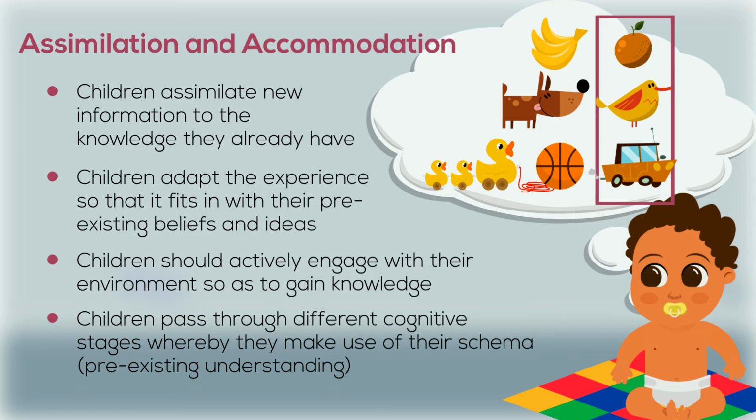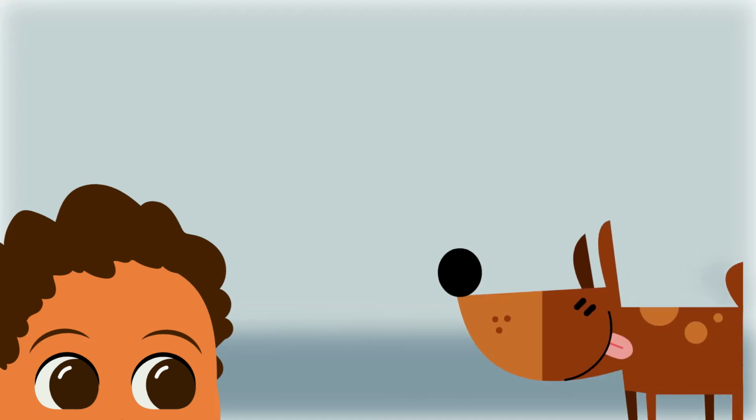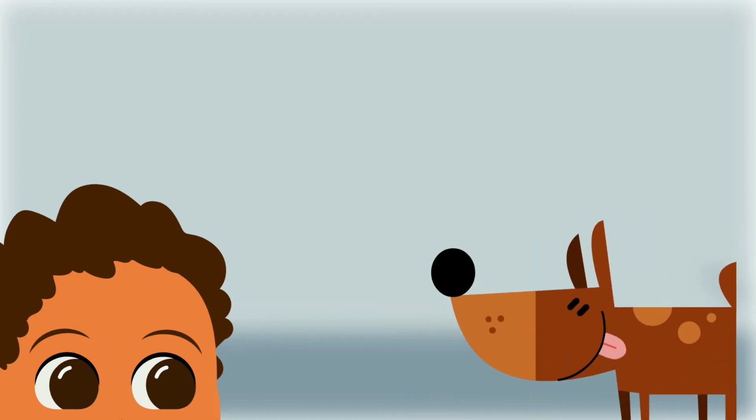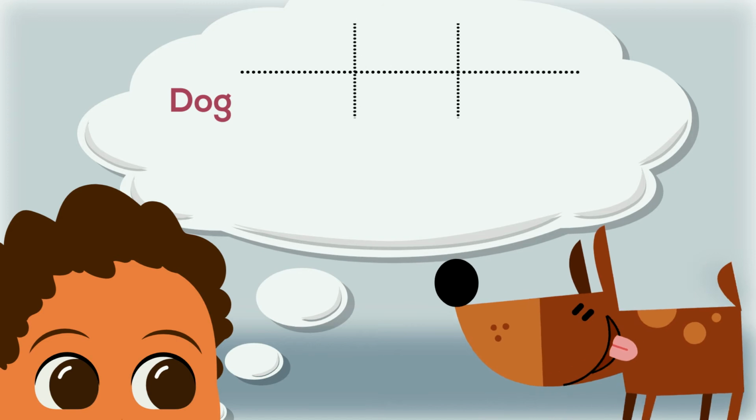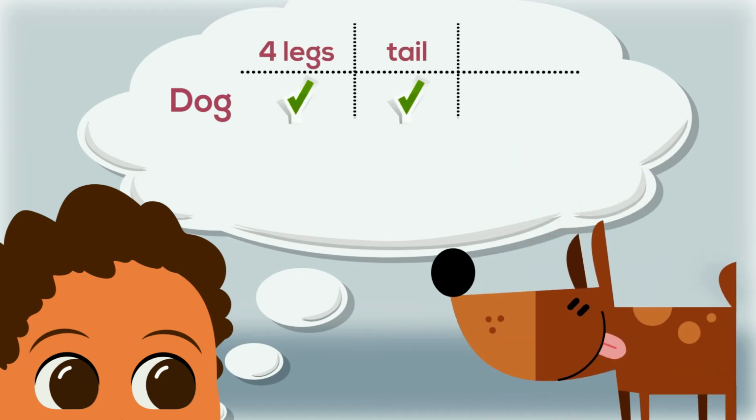Let me give you an example. Let's consider how a child learns about different types of animals, such as a dog. He or she has a schema of a dog. It has 4 legs, a tail, and is furry. Therefore, in his or her mind, every 4-legged animal of that description is a dog unless the child is informed